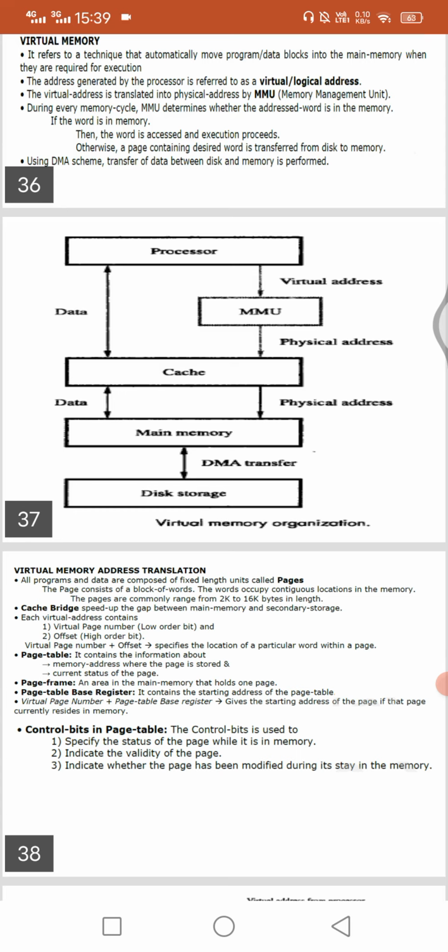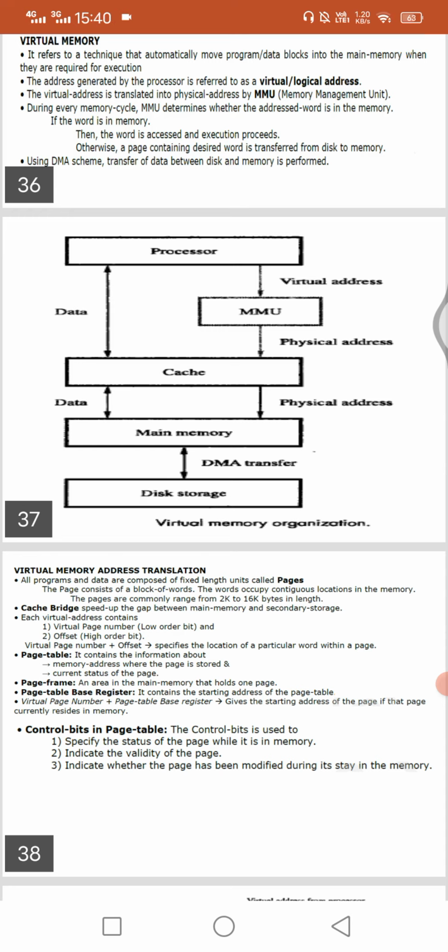In order to execute that movie, this virtual memory stores the rest, the 2 GB of address locations. So for that purpose we use virtual memory.